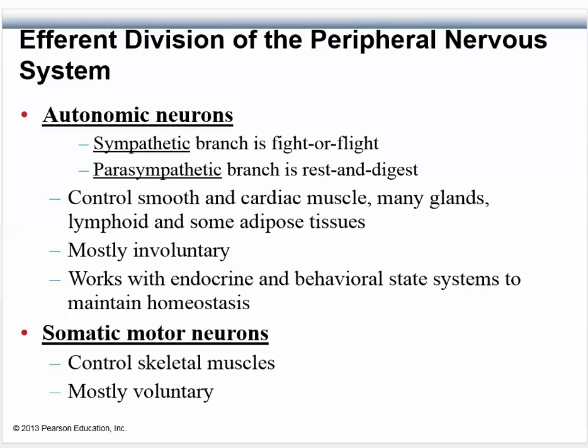So I kind of want you to try to keep that straight. The difference between the CNS, which we're not talking about right now because that's just the brain and spinal cord, but we're talking about divisions of the peripheral nervous system. And those divisions are the autonomic and the somatic. So this is the other thing that's very important. We're talking about autonomic. Those are things we don't have control over.